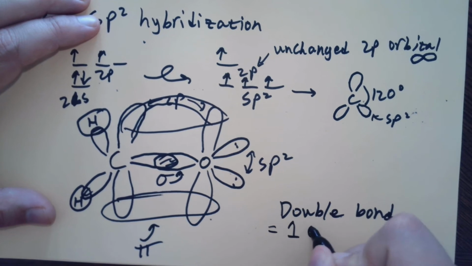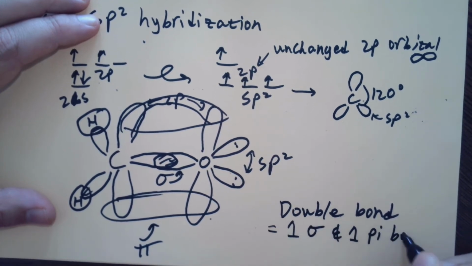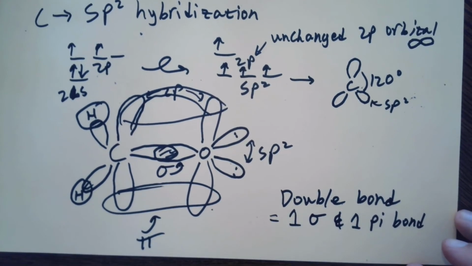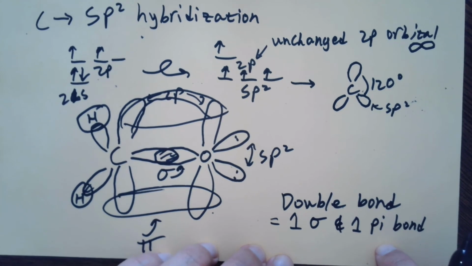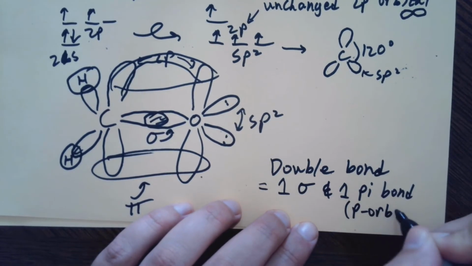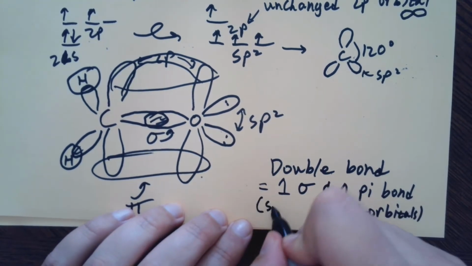So we have one sigma and one pi bond. Okay. And the pi bond is from p orbitals, and the sigma bond is from sp2